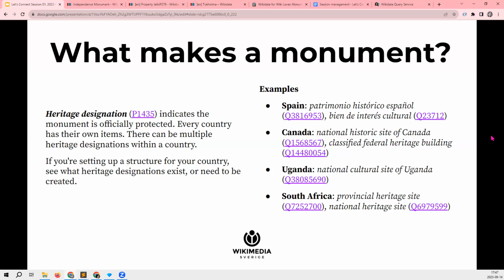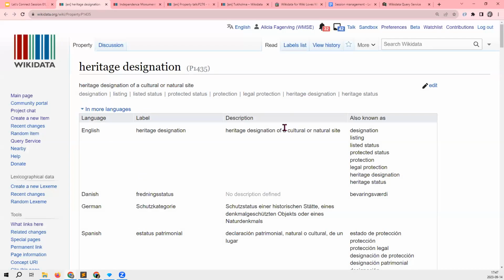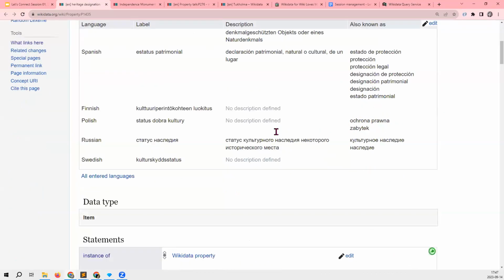Now we are talking about cultural heritage monuments. So something that comes up often is that you want to indicate what sort of protection this monument is under. And every country has their own system. In many countries, there are even regional systems or different systems for different types of cultural heritage. The property heritage designation is used for exactly this purpose.